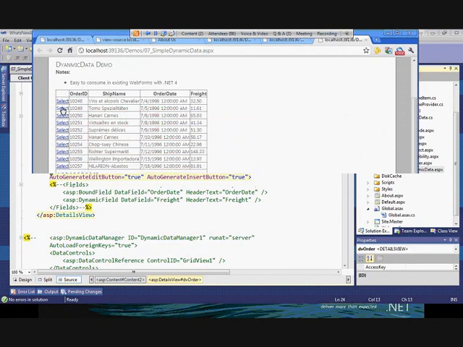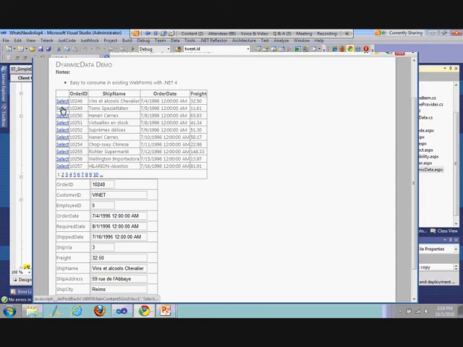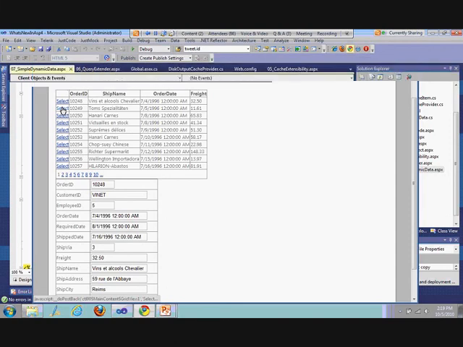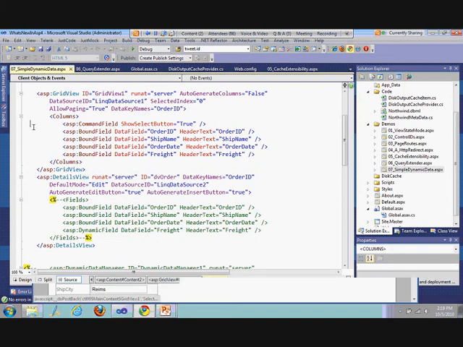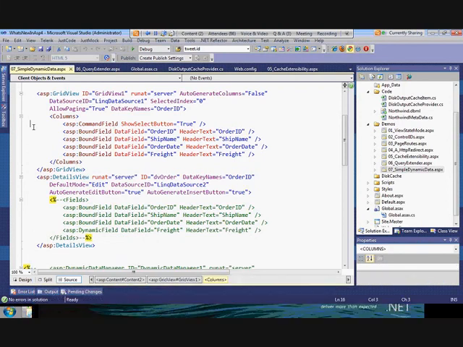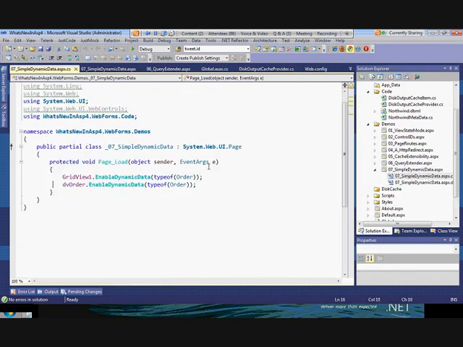So Tom SP. Now what's cool about this is that in my code behind, I've gone the code behind route here, I've simply specified on my grid view and on my details view, enable dynamic data, and specified the type of the objects that I'm working with. So enable dynamic data, type of order, and again for my details view. By simply doing this, 2 lines of code,